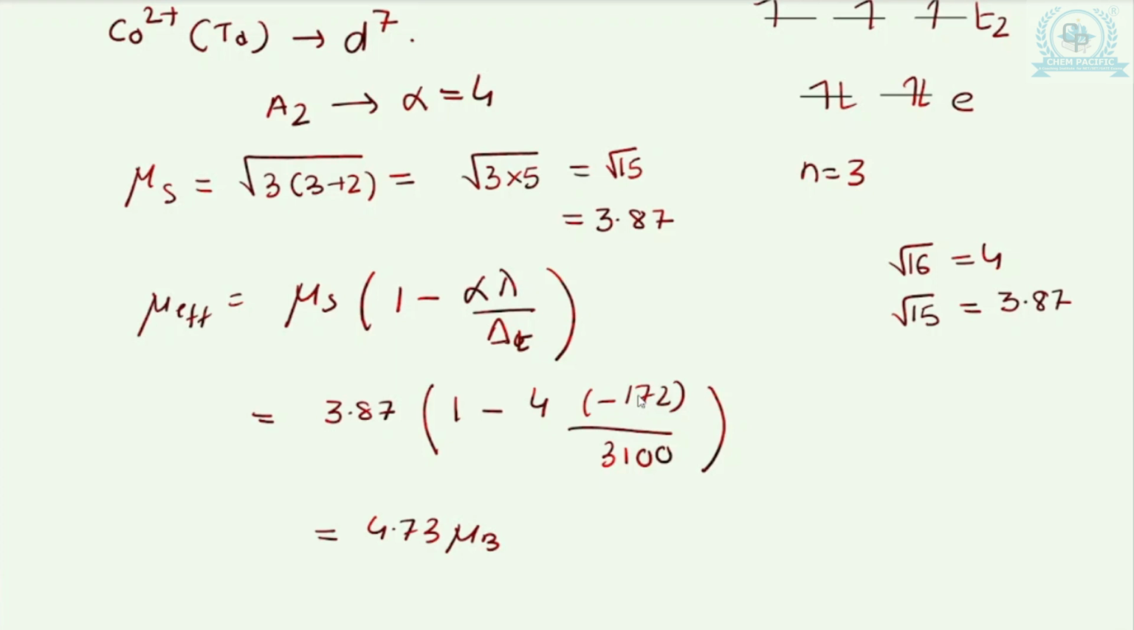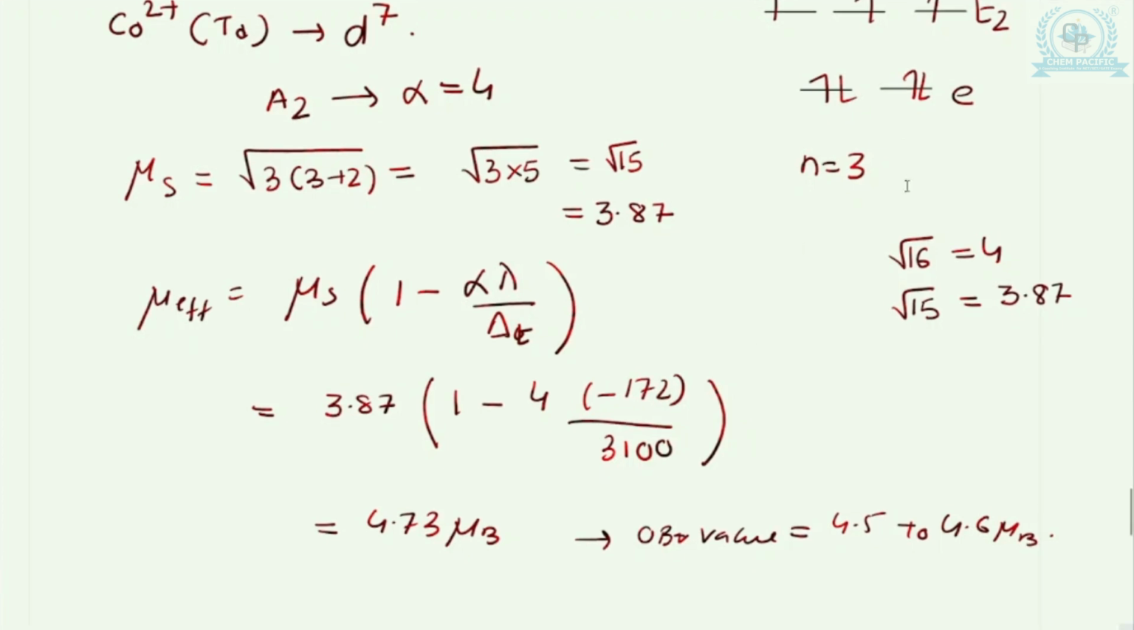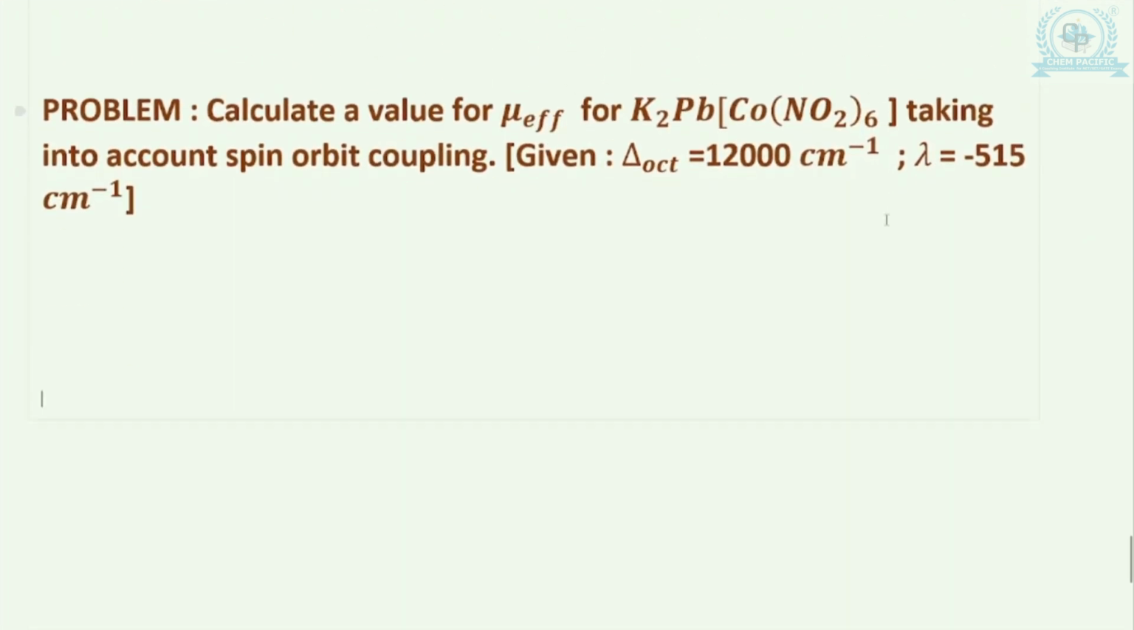This is in fair agreement with the observed value, and your observed value over here is 4.5 to 4.64 magneton. Okay, now let us move on to the next problem, and this is going to be the last